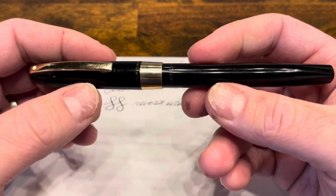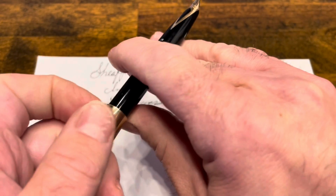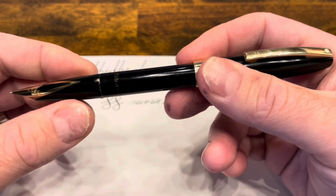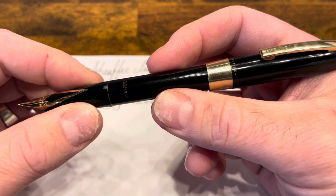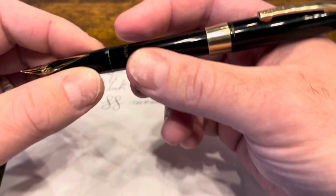But with all that being said, I really do enjoy this pen. It's a very lightweight and comfortable pen to hold in the hand, one that I could easily use for many pages of writing. And because it does take that cartridge, you can easily fill this up with any ink just by using an eyedropper. So that just leaves me to say,